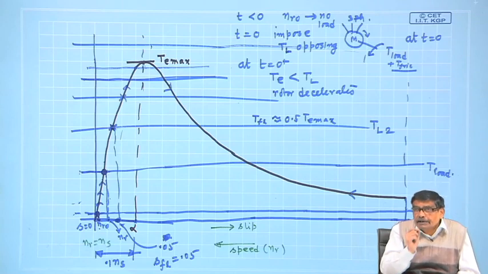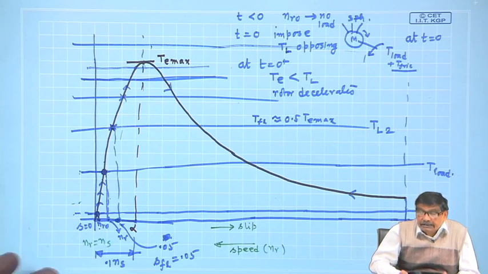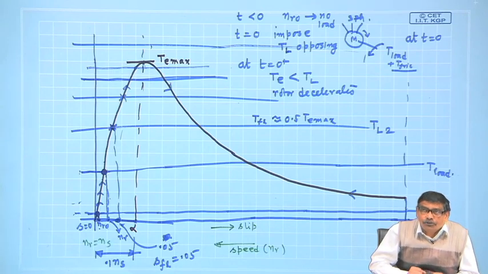Because you know, to burn a thing, you not only require the power, but power into time, how many joules you are trying to dissipate. Time is a factor; the amount of heat generated is not only decided by I square R, but also by time, and that heat raises the temperature, breaks the conductor, burns it. Therefore, overloading is a good engineering practice, provided one knows how much to overload and for how long, that is most important.